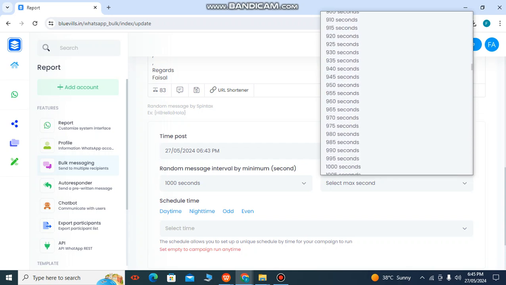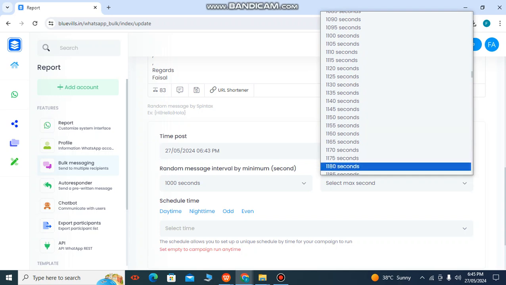And the good part about this WhatsApp sender is that it sends messages randomly. Like if you specify a time frame like 5 to 10 minutes, it will send messages randomly. In one go it will send at 5 minutes, and on the other go it will send at 7 minutes.